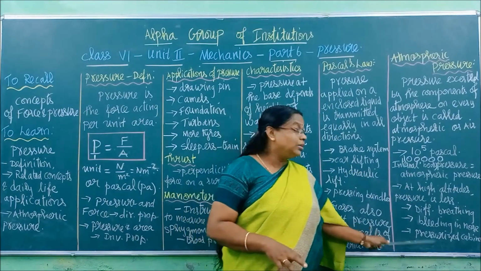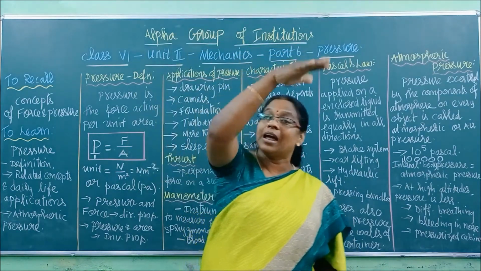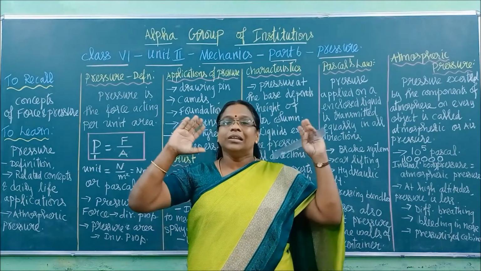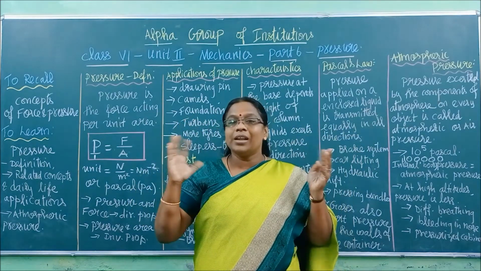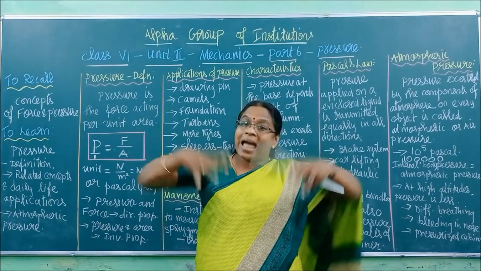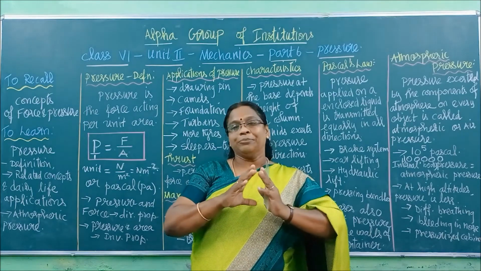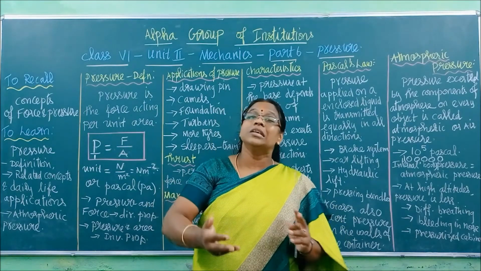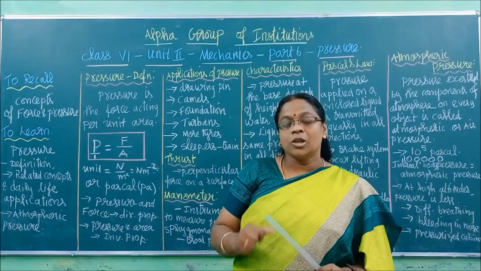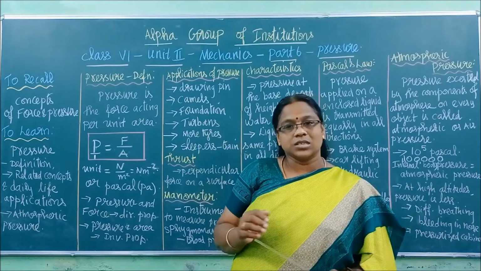Now you can ask me a question: in aeroplanes, we are flying at higher altitudes only, so how will the pressure not be less there? Then what they will do is, where the people are sitting, they will create artificial pressure. They will add pressure on it. The infrastructure of the plane is made so that the pressure is automatically increased inside by using artificial measures, so that high altitude cannot affect the passengers inside.